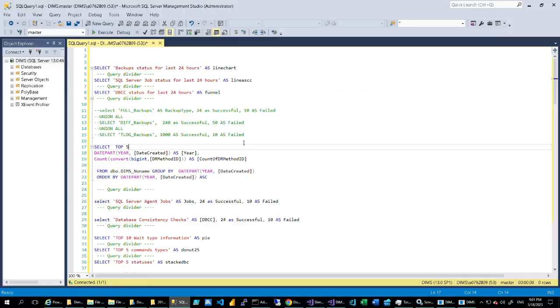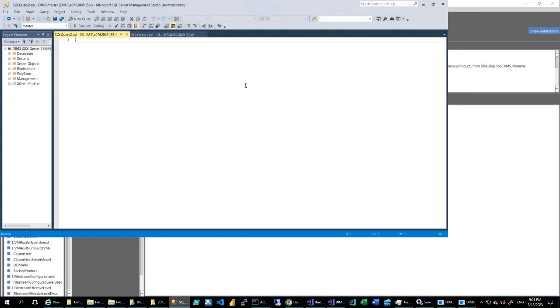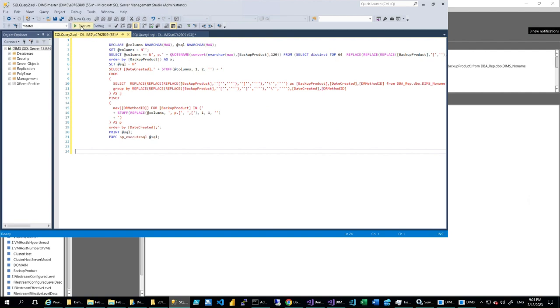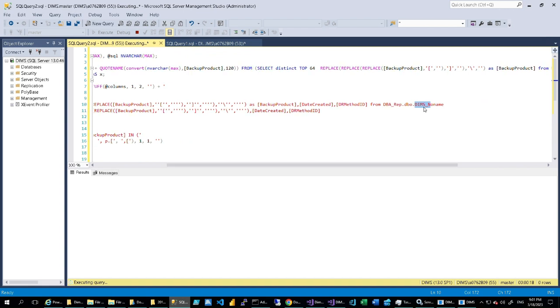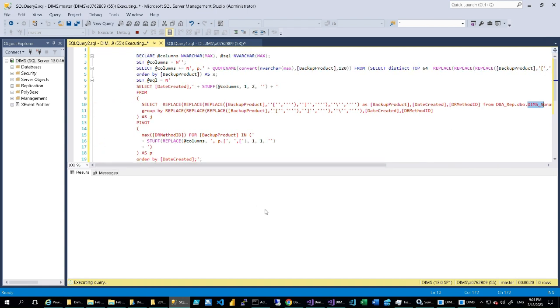Let's go to SQL Server that we have here. We say new query, Control V, and we say execute. And I see here that we need to rename the table name in our query. We put it weighted DIMS no name, so we need to be sure that we have